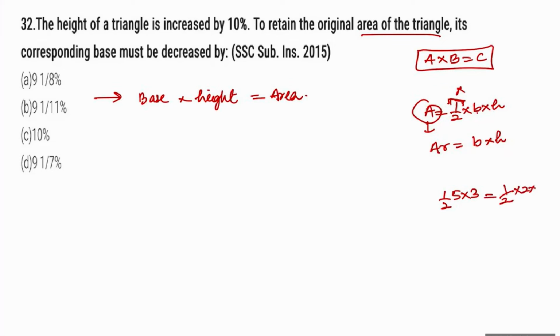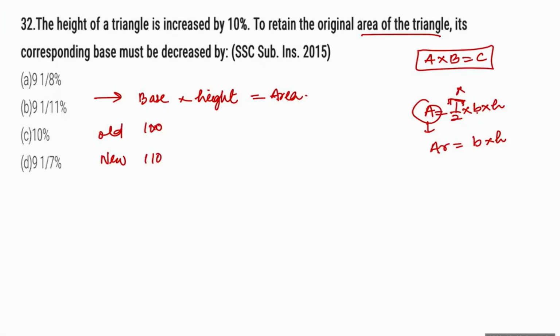Half base 2 or 7, it will be 1 by 2, constant figure. If the base increases or decreases, say the base increases by 10%. So 100 to 10% increase becomes 110. So 100 to 10% increase is 110, to retain the original the base must be decreased by